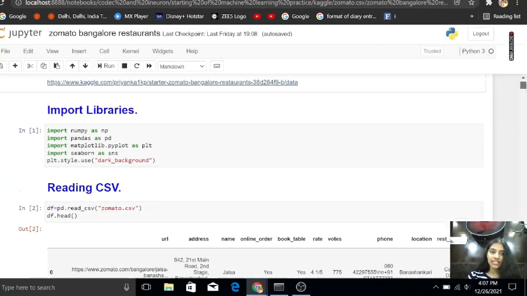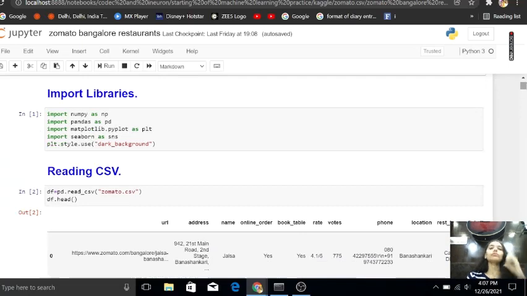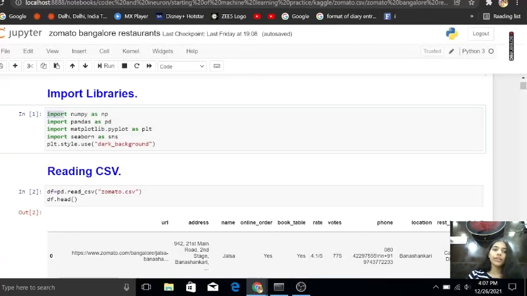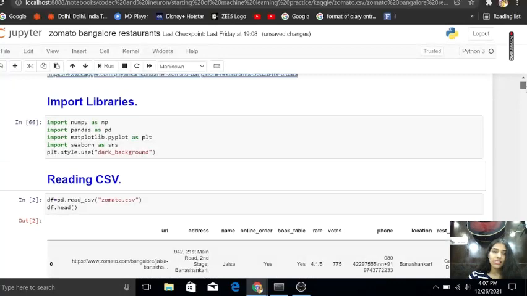So for this dataset, first of all, you have to import libraries like import numpy as np, import pandas as pd, import matplotlib.pyplot as plt, import seaborn as sns, and plt.style.use dark background. Okay, so if you run this,